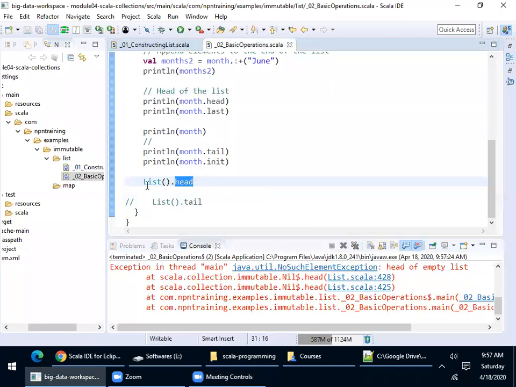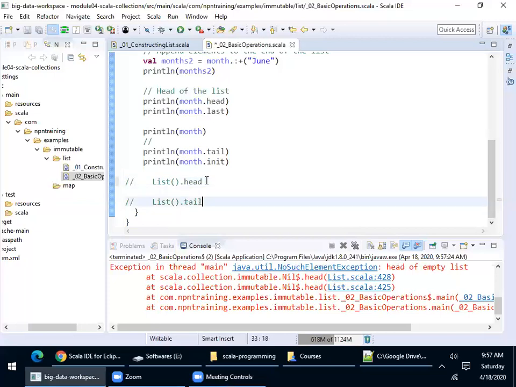Why is that? Because you are trying to call the head method on an empty list. That means this head method should be called only on a non-empty list. That is what I wanted to tell you.